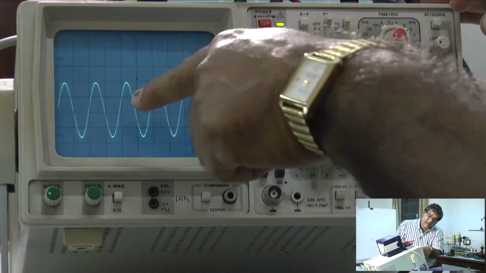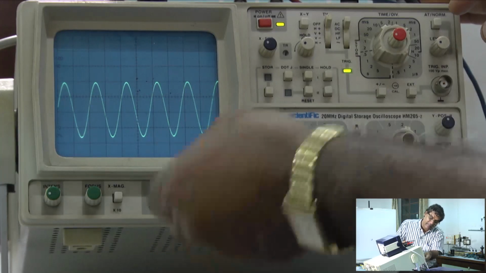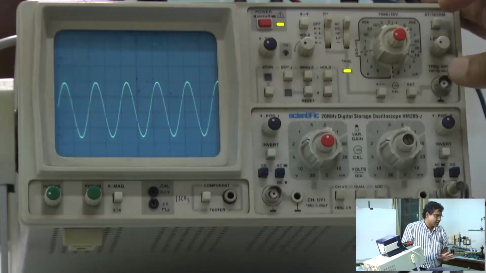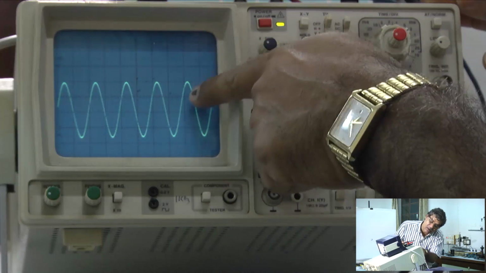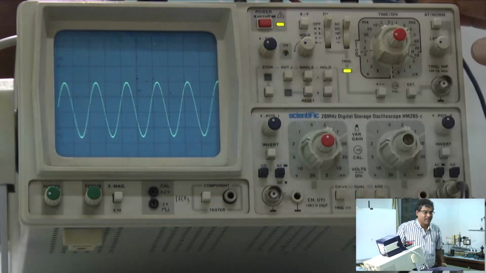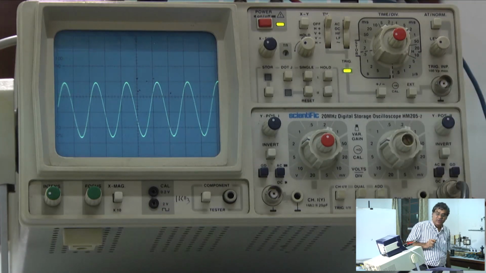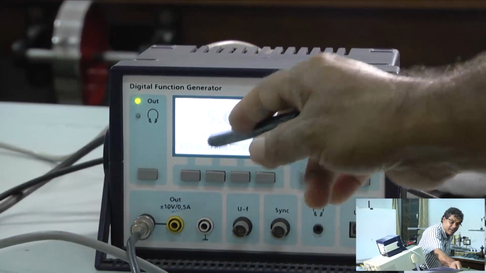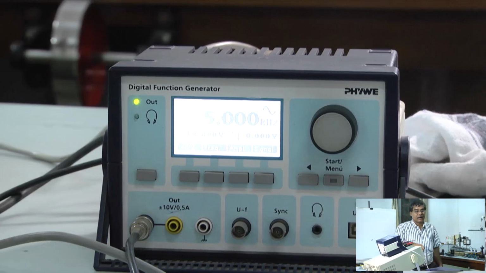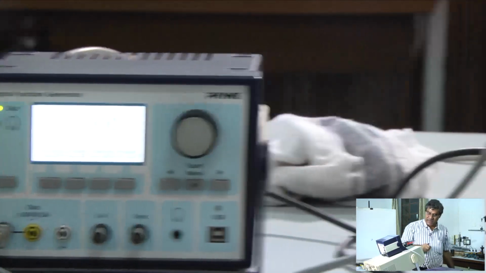So here you see, generally we calibrate channel 1 and channel 2 once and then everything is fine, but that is not the case; you have to be careful. Now here I am seeing 1, 2, 3, 3.5. I have kept this at 2, so it is basically 7 volt peak to peak amplitude, but it is showing 8 volt. That cannot be right, so something is wrong here.